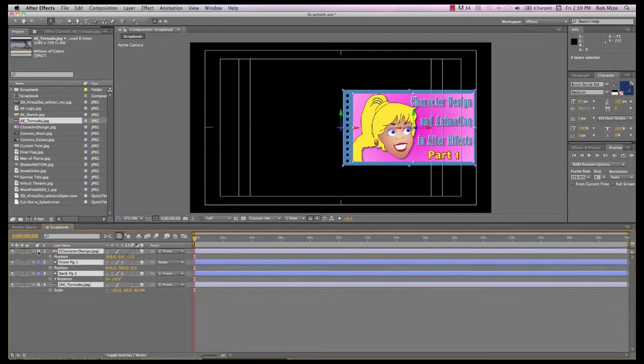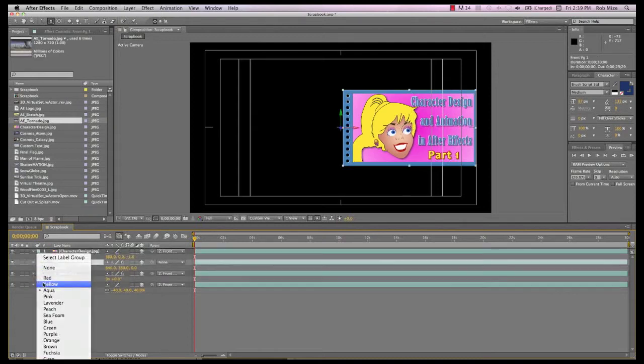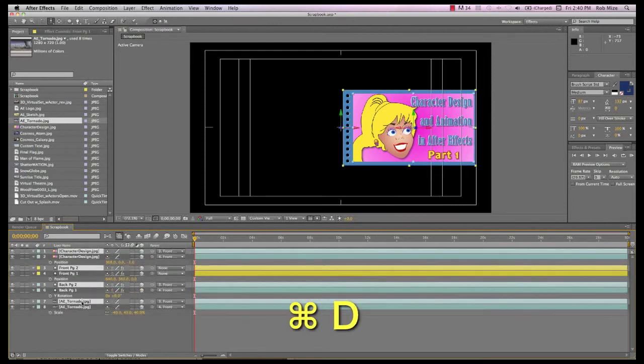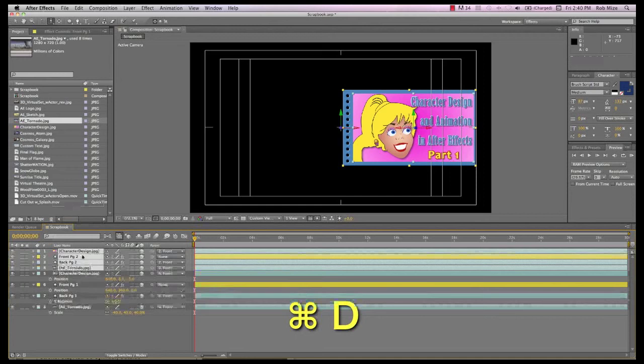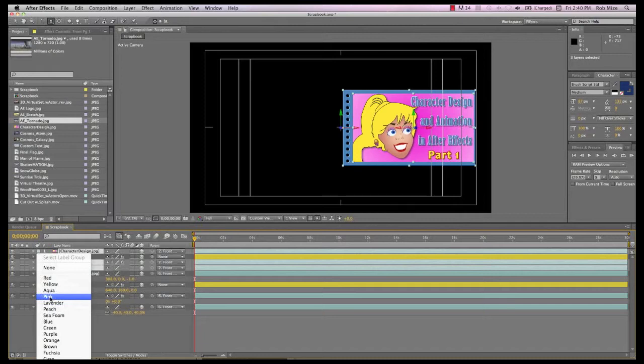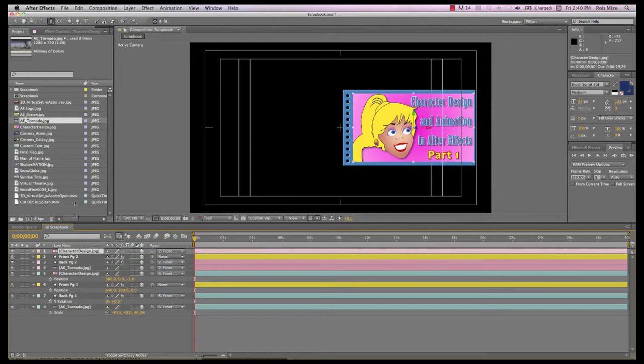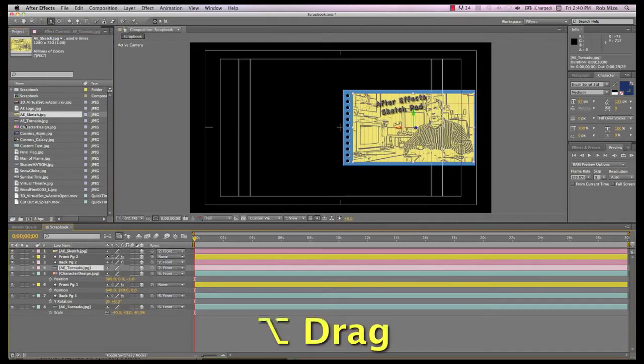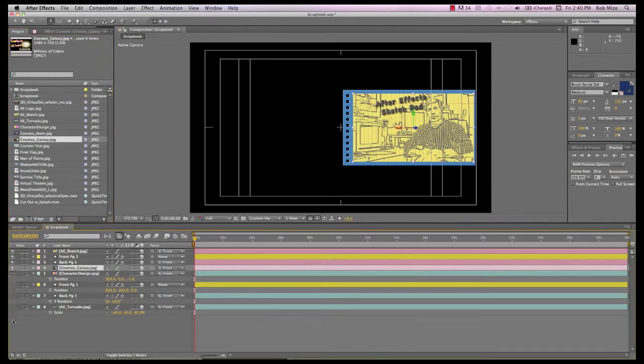I'm going to make all these one color except the front page, which is our control layer. I'll leave that yellow. I'll select them all and duplicate them and drag the duplicates to the top of our stack. Deselect that one yellow layer and change them to, in this case, pink. Let's select our top graphic, choose a replacement, and Alt drag it into place. And our back graphic, select it, choose a replacement, and Alt drag it into place. And if we just look at those layers, we see that now we have page 2.